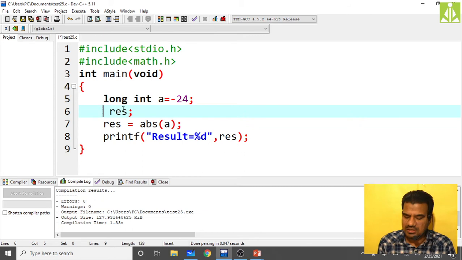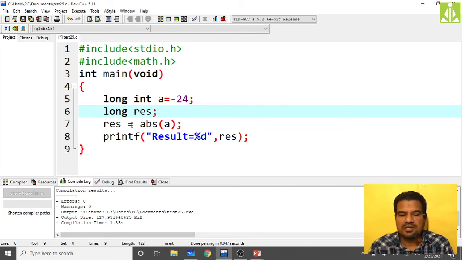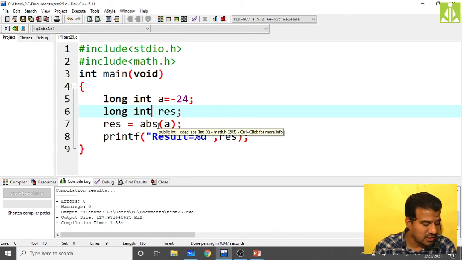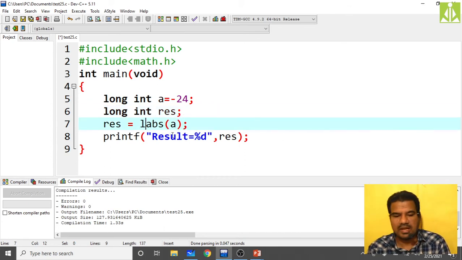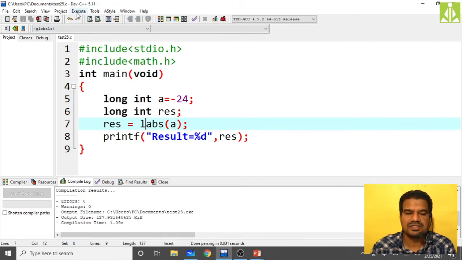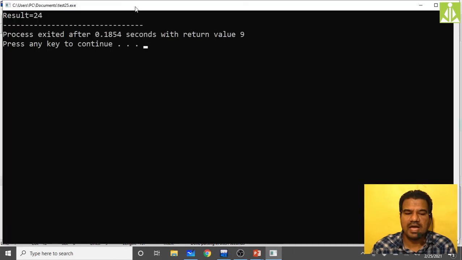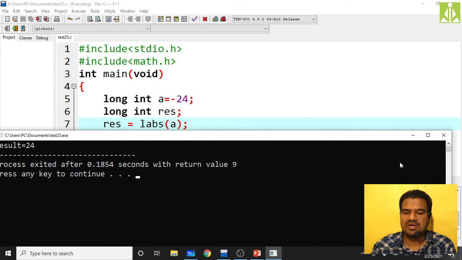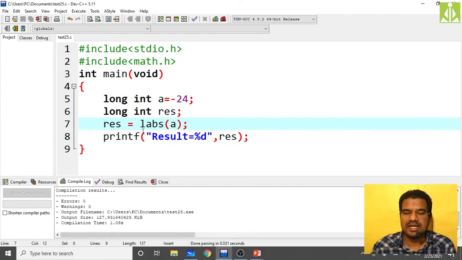So in order to store the result, we need long int only, and for calculating we do it like this, but what you have to put here for long integer is labs. LABS is my function. Save it. Now you go compile. Yeah, compilation is successful. For long integer we are finding the absolute value. You can check the range and put a proper value which exceeds integer and is below long integer, like that you can test. But for me, minus 24 is also in the range of long integer. The range will always start from 0, so I'm considering minus 24 only.